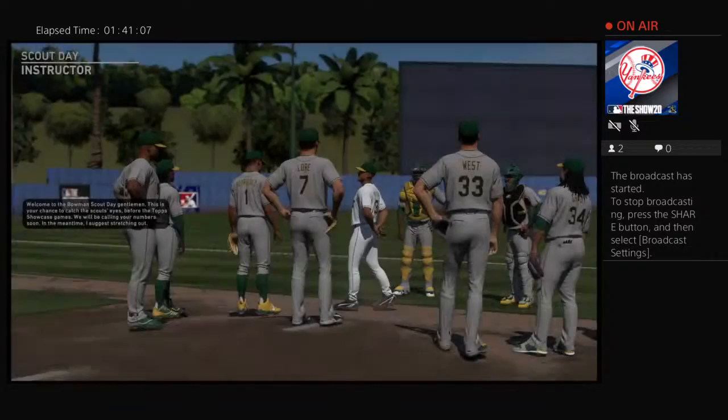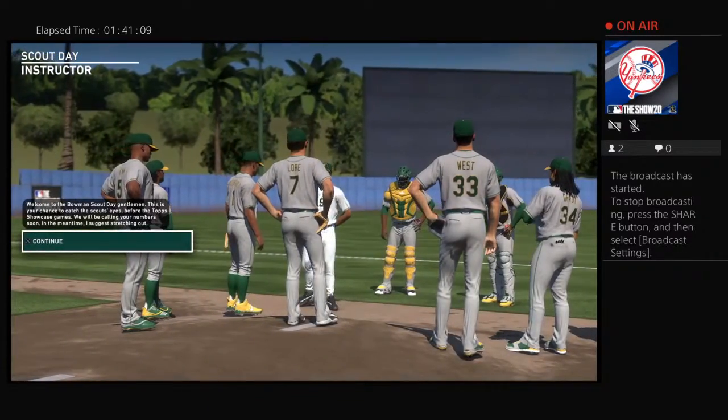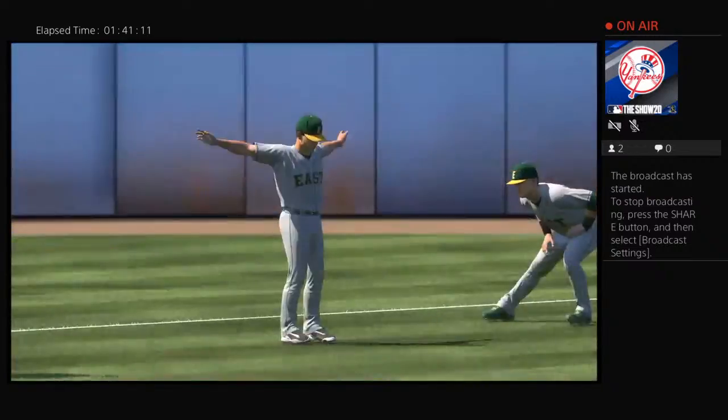Just days before the 40-round MLB draft, some lesser-known prospects